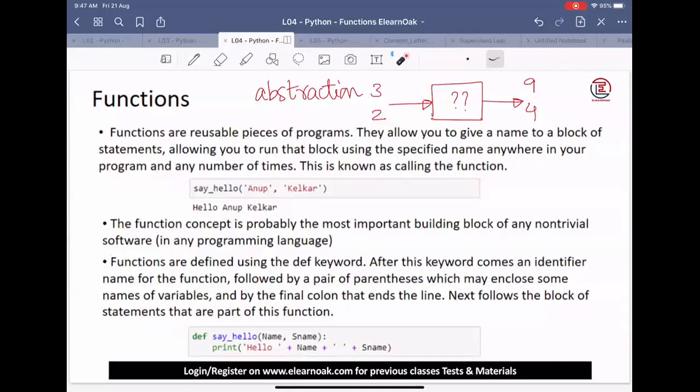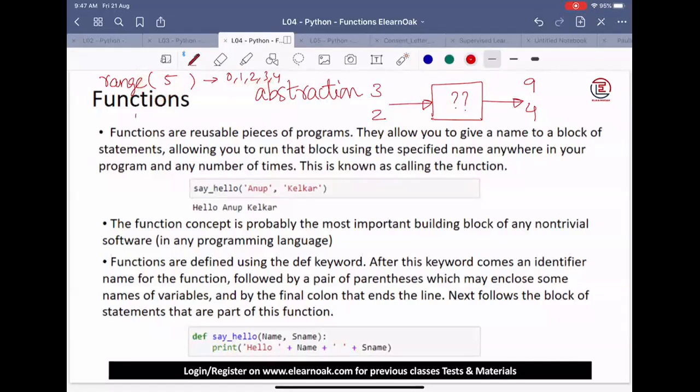We have used the function range before, right? Within our learning, we have used the function range, which we understand takes different inputs and gives certain outputs. Now, we may not know the internal working of range, how it is able to give the answer. But I know that when I enter range 5, it will give me an answer of 0, 1, 2, 3, and 4. Even without understanding how the internals are working, I'm able to use it well.